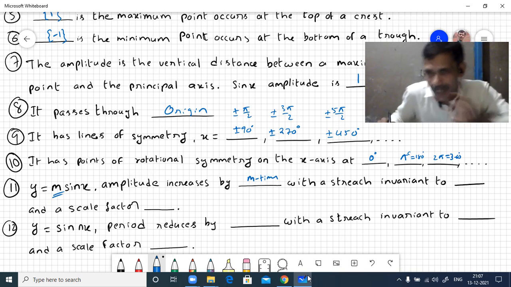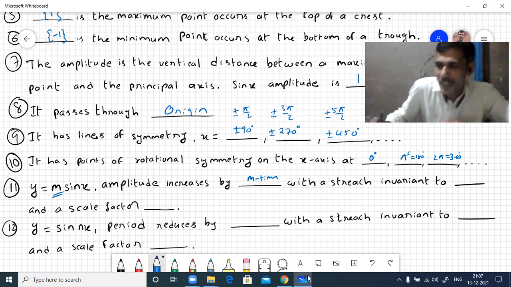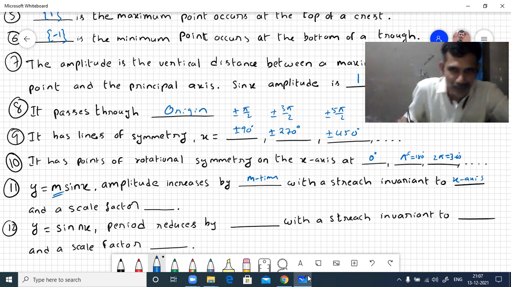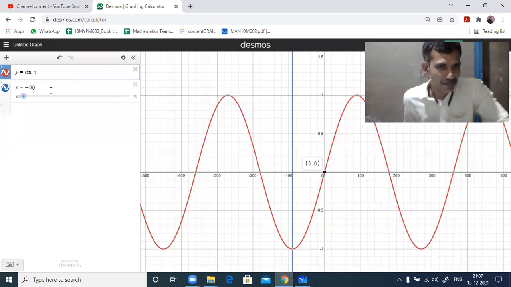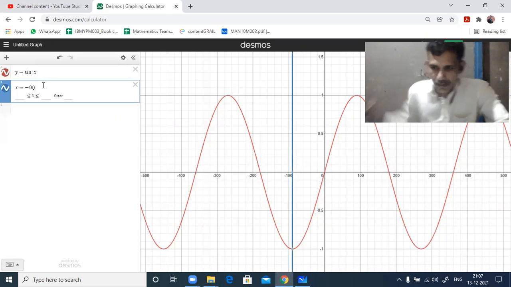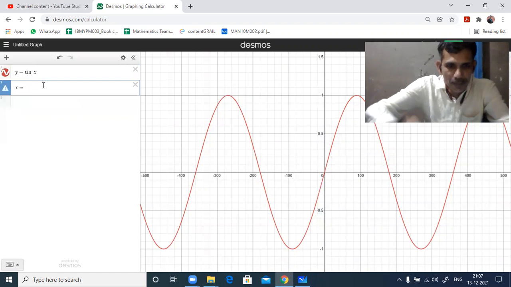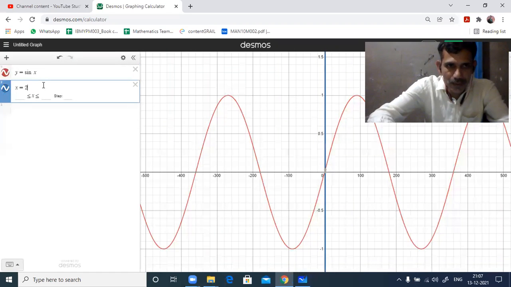And some transformation will happen with a stretch invariant to x-axis. That means the x coordinate will not change. Only the y coordinate will change with a scale factor of m. This will demonstrate, we can say. If I multiply this with some constant 2, sin x,